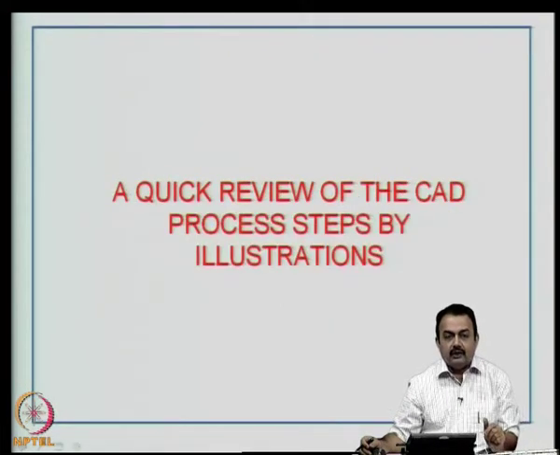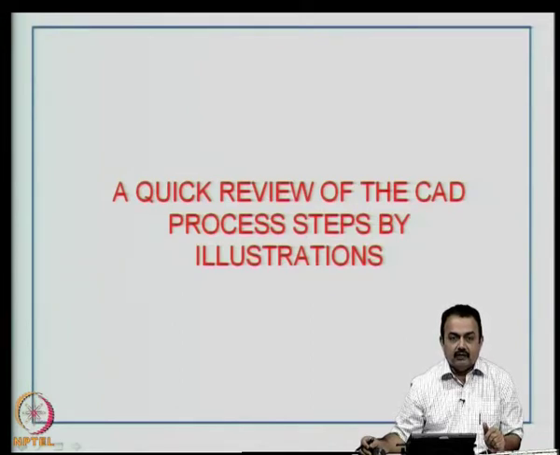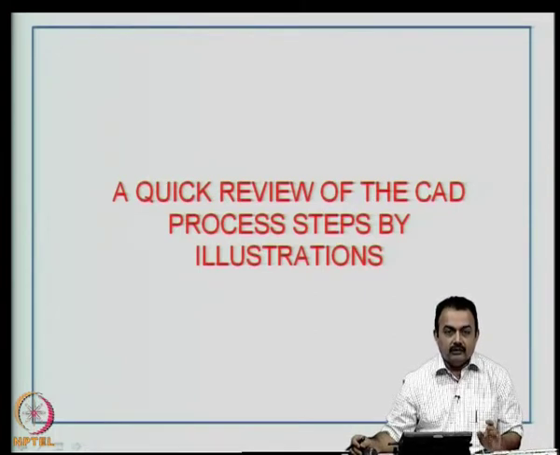Before we go into the technology aspects of printed wiring boards, as a last review, we will look at the CAD process steps only by illustrations. So, this is something like a quick review, not exactly a tutorial, but a quick recollect of what we have seen in the CAD. I will reduce the explanations here as much as possible, but you can have a look at the basic illustrations, and this will explain to you the complete process steps that normally one encounters in any